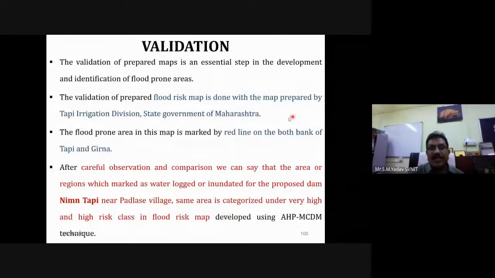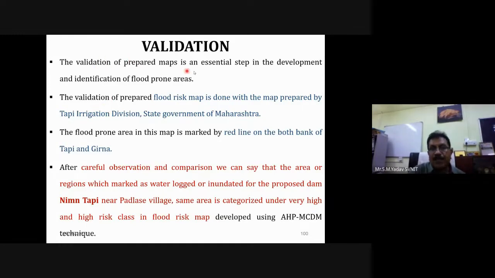How to validate this? The study which we have carried out, and we have identified the various areas, and we said that this specific area is at high risk or low risk or very low risk. So for validation purpose,